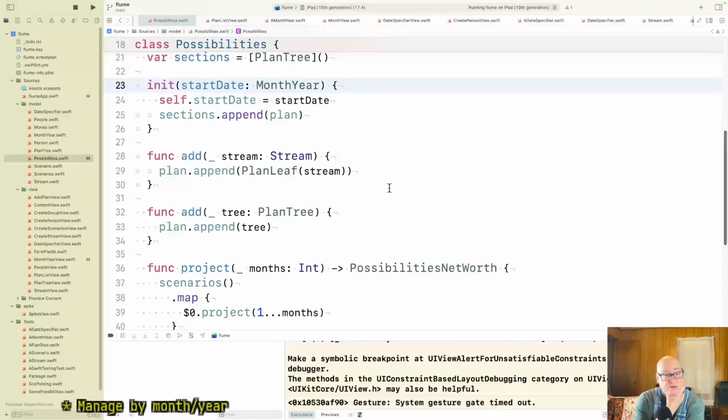Well, I guess the question is, is it better to work in months and display in month years, or is it better to work in month years?